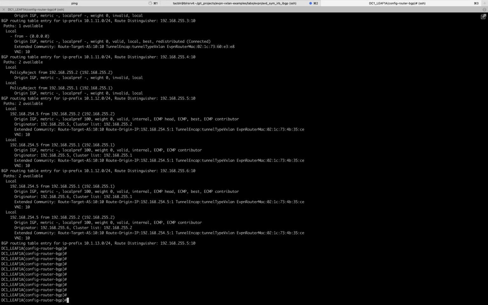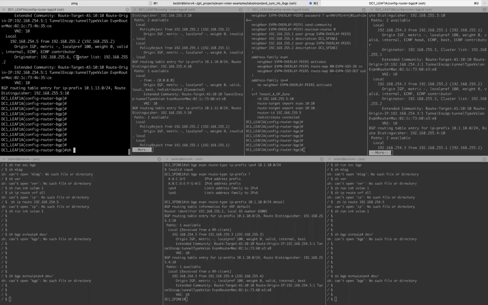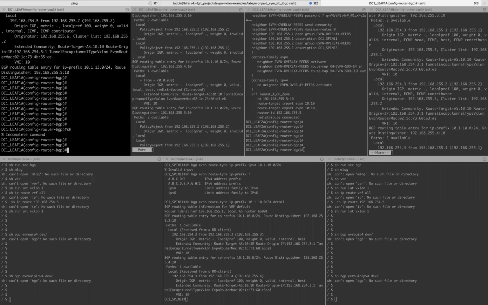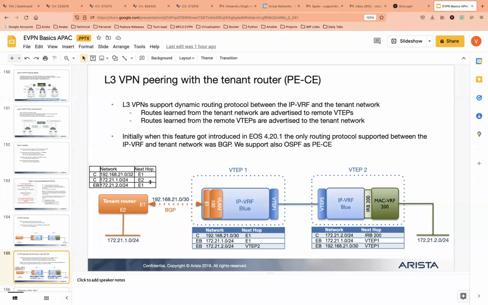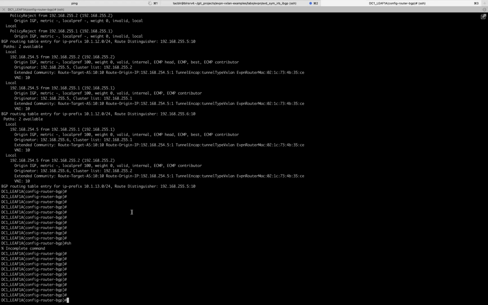So for type 5, you don't need IMET or a flood list, or a populated VXLAN flood list and all that, right? You just need type 5 routes to advertise a type 5 route. But we still need to know which VTEPs to advertise to, right? So if you do not have the flood list, you mean to say, which VTEP you have to advertise that type 5 route to, right? So basically,